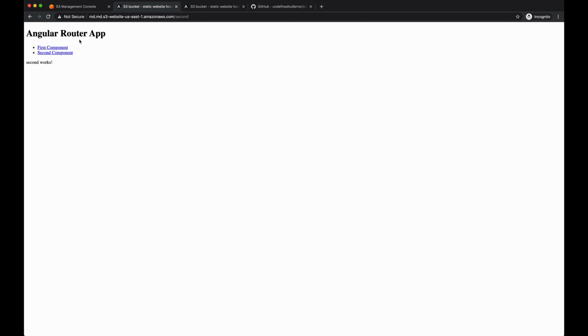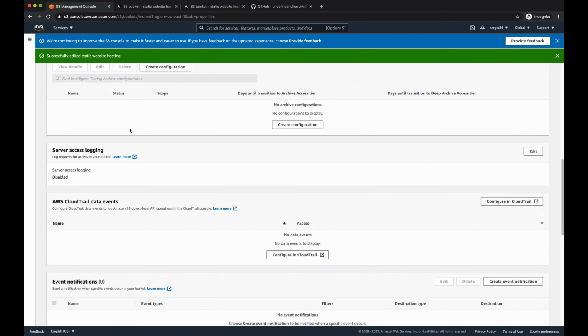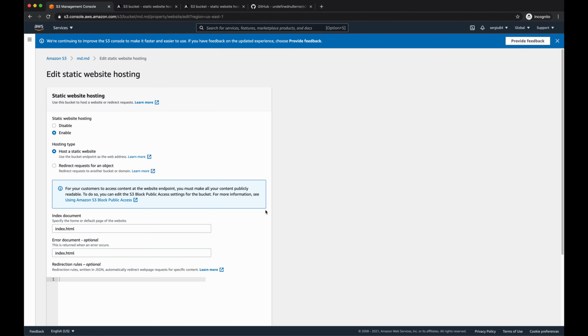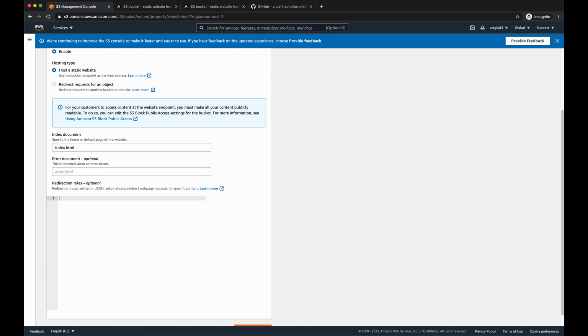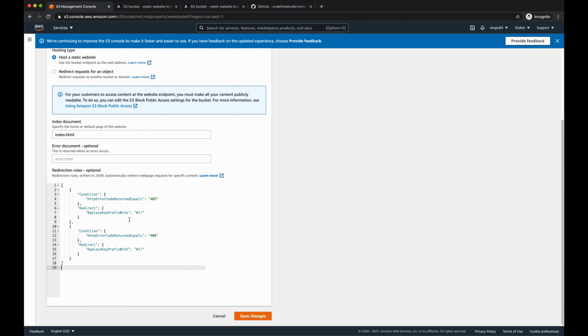But this solution might not work for everyone. Some people might have a proper error handler or display a proper error message, so they might not want to have this index.html as their error document. So what to do in this case? To fix this issue, we should use redirect rules, and they should look like that. So what happens here? When there's a 403 error, the browser cannot find the path, that folder in the bucket,